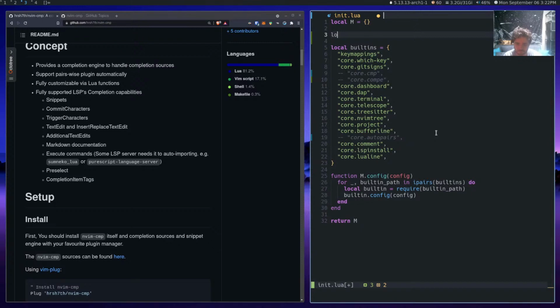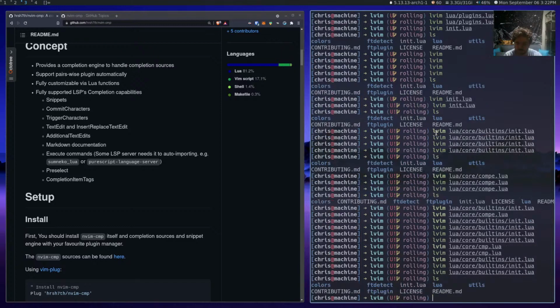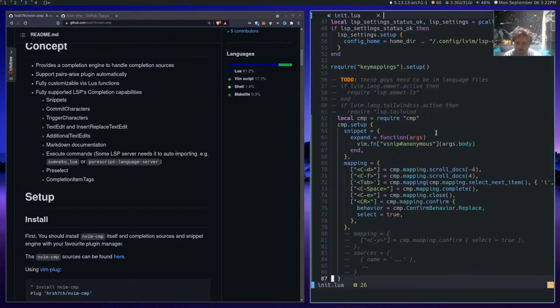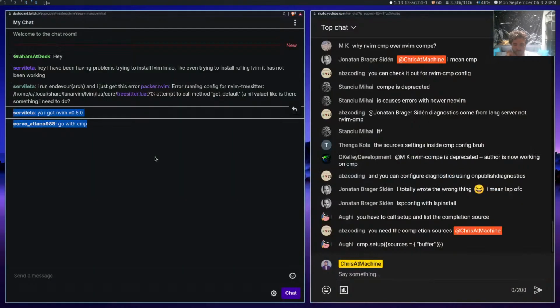Nothing. And maybe the reason for that is we did cmp.setup, got this nonsense. How come CMP no work?